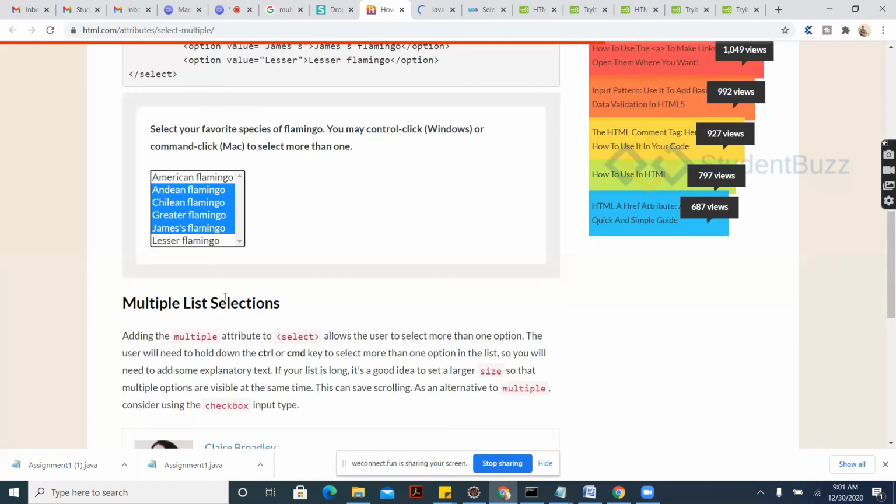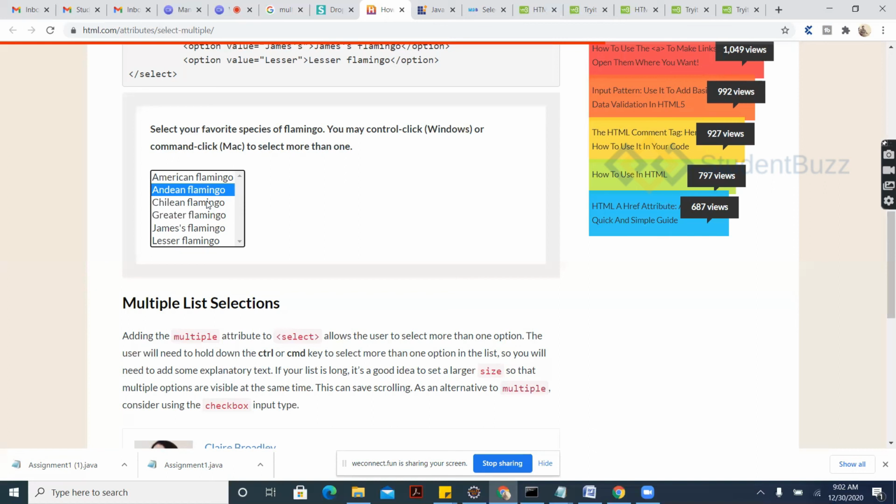In a single drop down, you can select by index, select by value, select by visible text and all, but only one value you can select. When it comes to the multi drop down, you can do select by index, select by value, select by visible text, and also you can deselect. If you don't want to select a value, you can deselect as well: deselect by index, deselect by value, deselect by visible text. So these are the two variants we have: one is select by, another is deselect by.